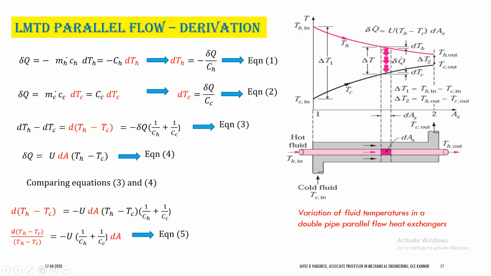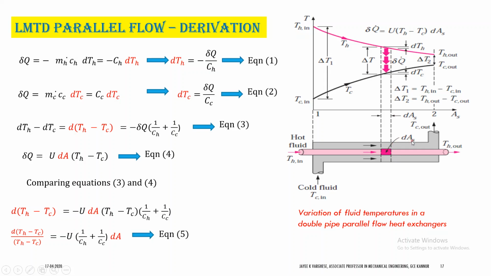Let's now select a small area of the heat exchanger. Okay, what happens to the temperature of hot and cold fluids as it flows over a small area or a small distance in the tubes? Here, as it flows over a small area dA,